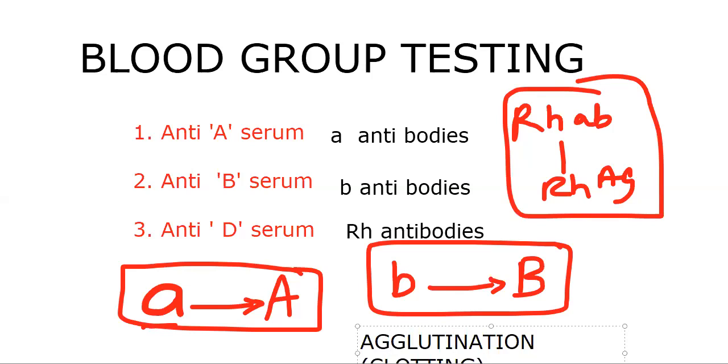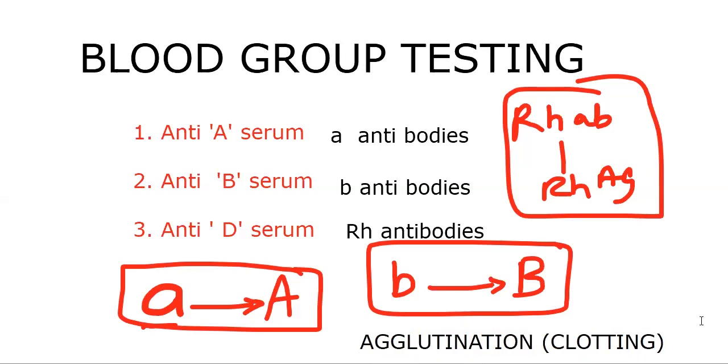In general, you can't actually see their binding pattern, A, B, capital letters, small letters, on the slide when we are doing the test, isn't it? What we can see is agglutination. When clotting occurs, we can understand. So just keep these basics.